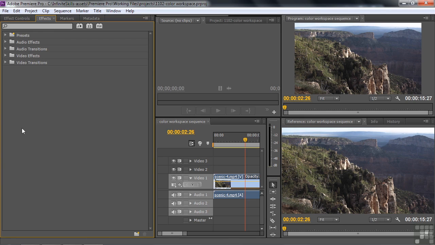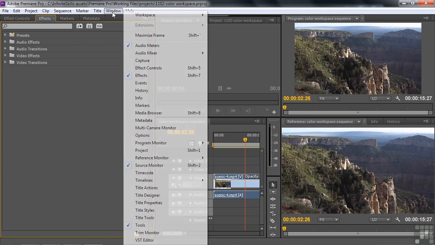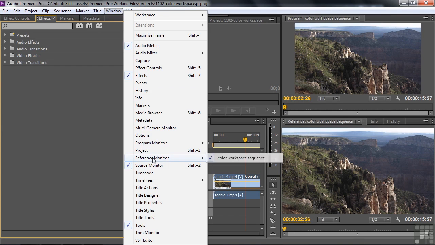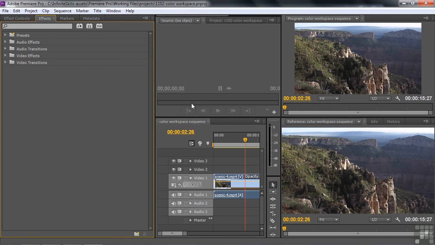What's interesting about this setup though is that you've got this extra monitor over here called a reference monitor. It's loaded up automatically, and if you would prefer not switching to the color correction workspace, you really will need to have the reference monitor open. So if you want to do that, you can always go Window, Reference Monitor, and click on that, and that will open it up here inside whatever space you're at. And it typically comes out as a floating panel,